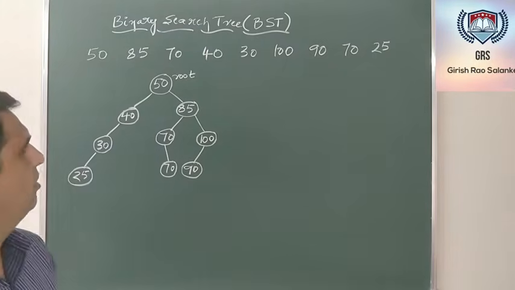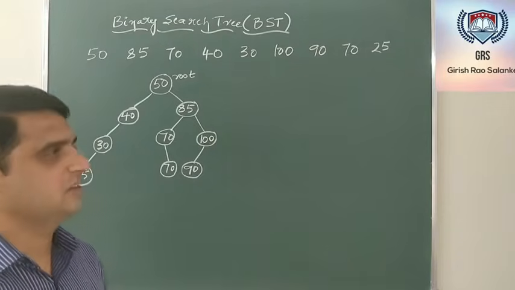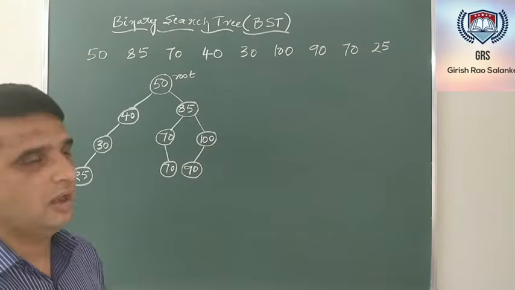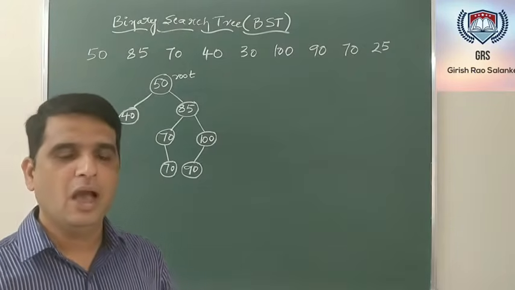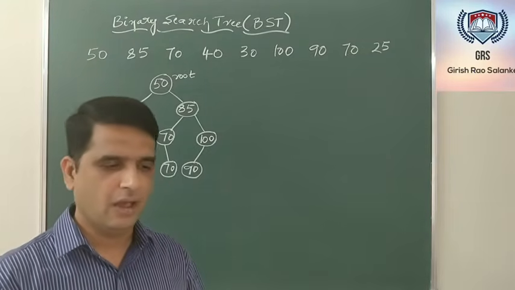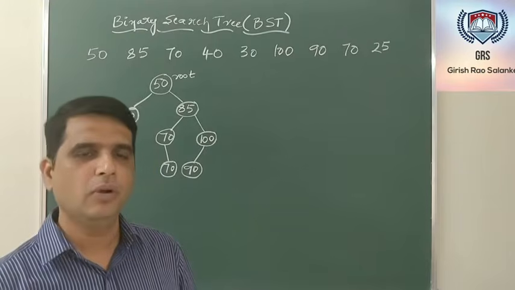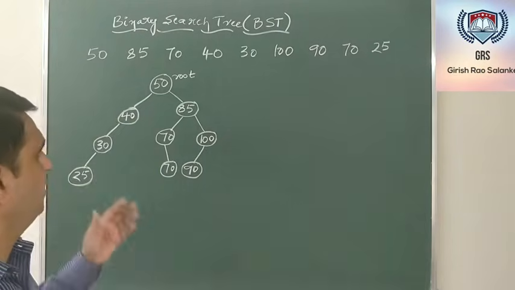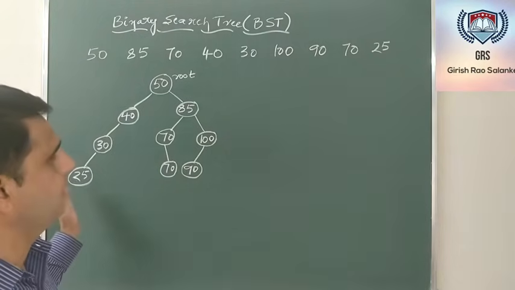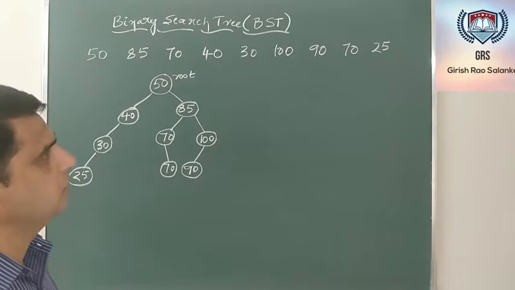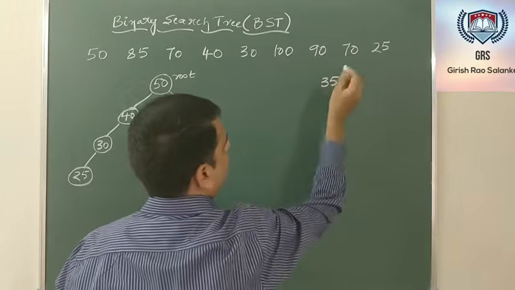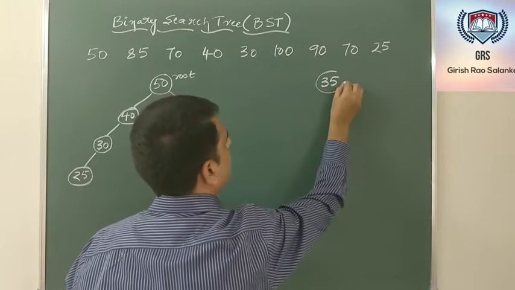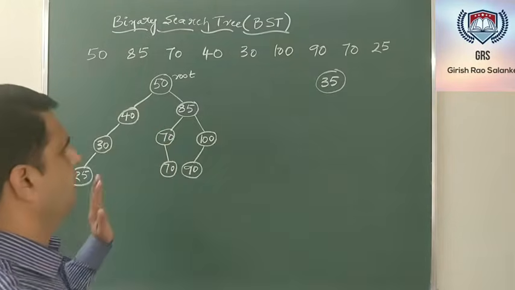So this is about a binary search tree. How to create a binary search tree. Now, our objective in today's video will be how to create a binary search tree, or I can say how to insert a new node onto a binary search tree. Say for example, into this binary search tree, assume that my objective is to insert 25. Sorry, I'll take 35 because 25 is already inserted. I want to insert this node 35 onto this binary search tree.